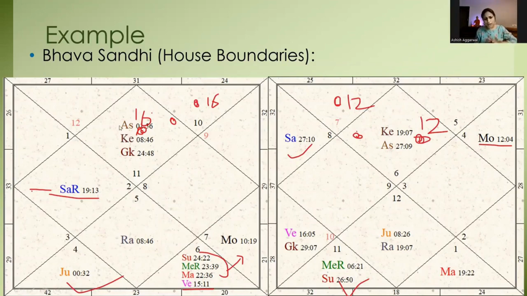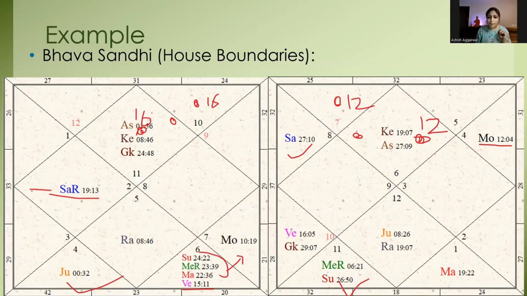Even in the fourth house, we will still need to confirm by asking questions, as Saturn might not be giving a significant impact. With a Bhava Sandhi degree of 16, planets near this degree are doubtful. Saturn at 19 degrees affects the 5th house. Jupiter impacts the 6th house. Venus at 15 degrees won't fully affect its house.